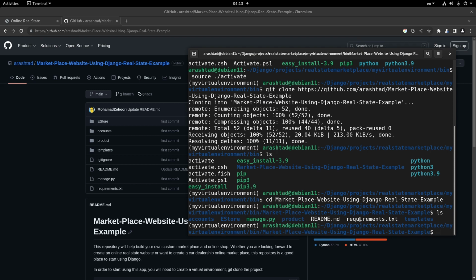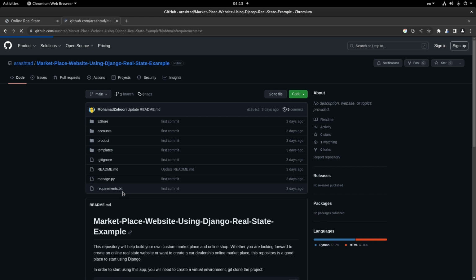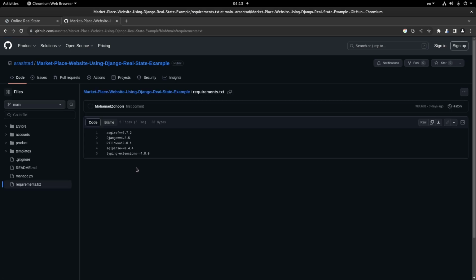So right now, first things first, we need to install the requirements in the txt file. It contains some of the packages such as Django and other libraries that are dependencies of this project. Most of the time, there are not a lot of dependencies. If I click on the requirements.txt, you'll see that it's Django, pillow for the images, so pillow is necessary, and also some other